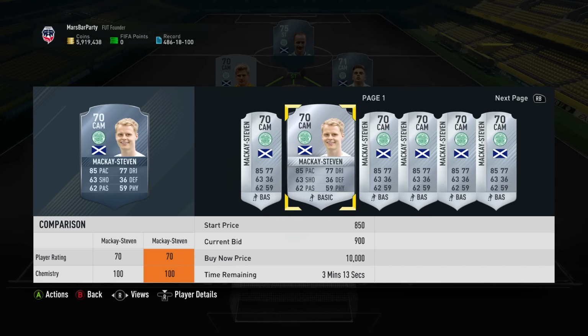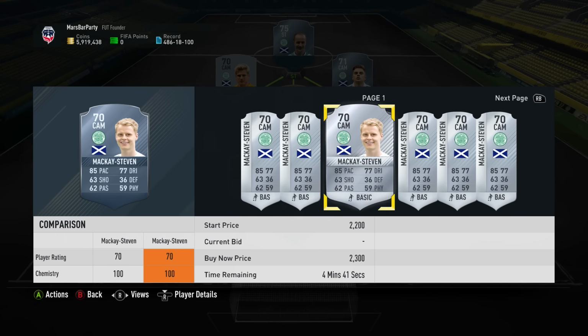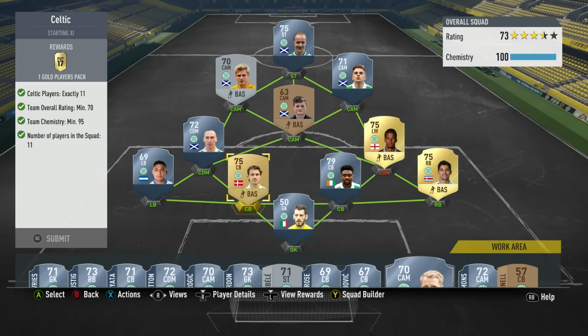But you can compare his price now, and he may be cheaper. Looks like he is cheaper than Commons. Another quick way of doing this is by going to a site like FutBin or FutWiz where they have live